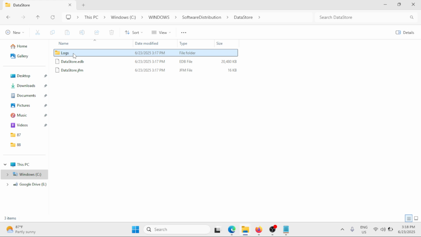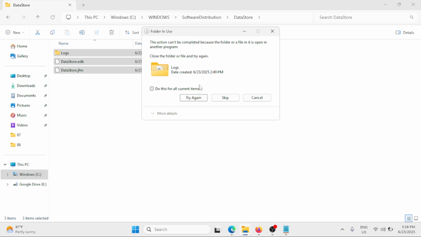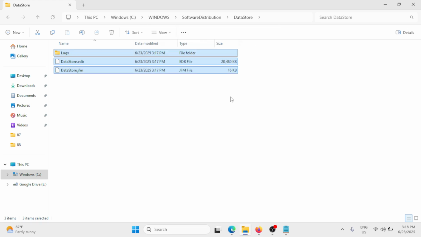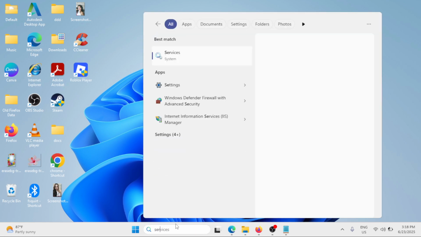Double click and delete everything from here. Control A on the keyboard. Click the delete icon at the top. Click on Continue. Then click on Do this for all current items and click on Skip. Okay, so once you have deleted everything from here, go back to the Services window